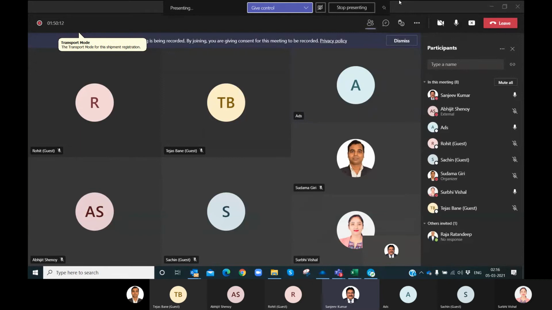Do you have the login credentials you have received from CargoWise? I think something has been sent. I have not checked. I don't think it has come to me, but it has been sent across, that is what I understand. If you share that, it would be in Excel form, I believe. If you can share with our team, we can go through it.